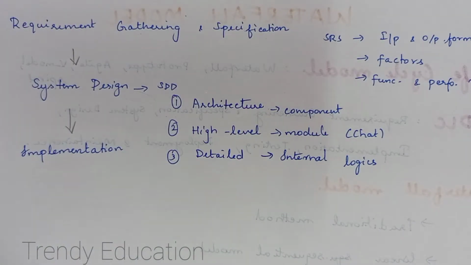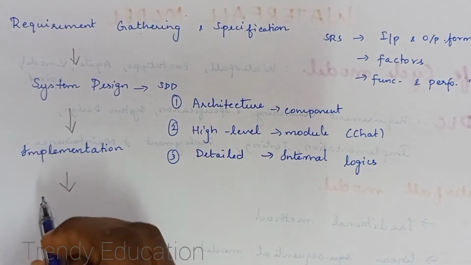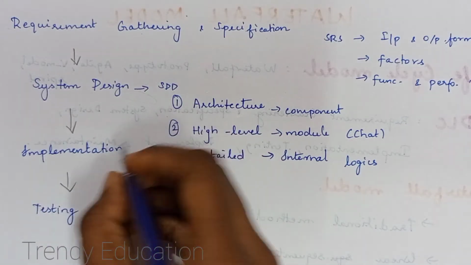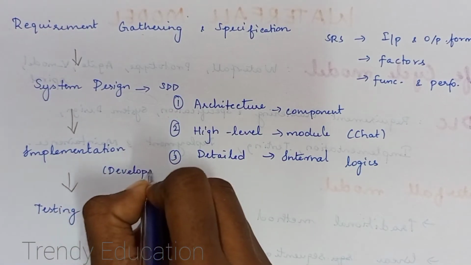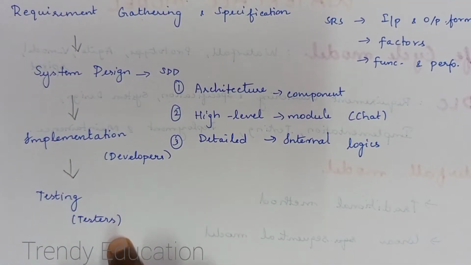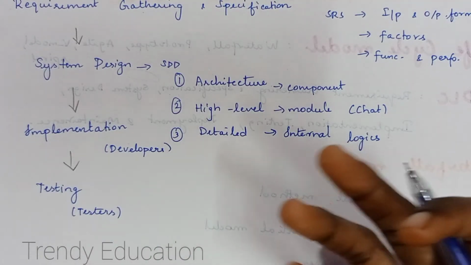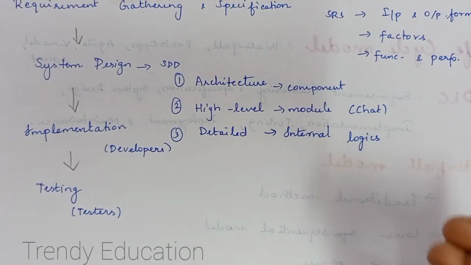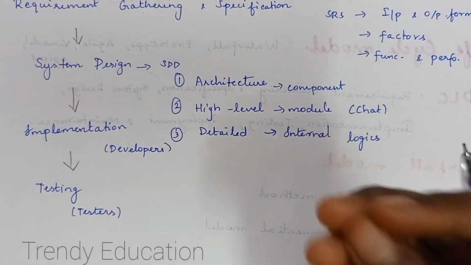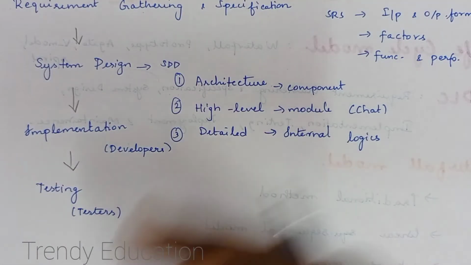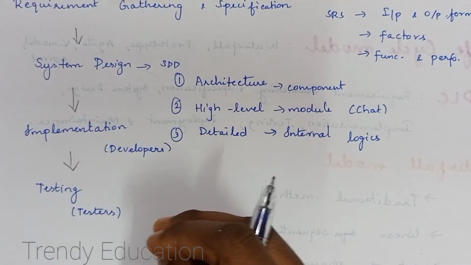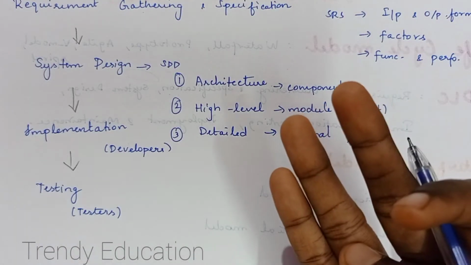And the fourth phase is the testing phase. Here the people are called developers, and these people are called testers. What these people will do is measure the quality of the software or application which has been built. For our example, it's WhatsApp, right? In WhatsApp, whatever modules are there, they'll check each and every module whether they are working properly or not. This is the main task of the testers, and they'll do automated testing, manual testing, and functional testing.